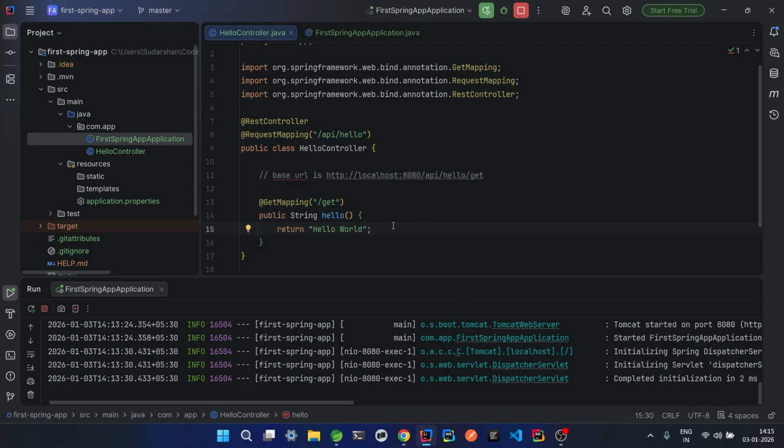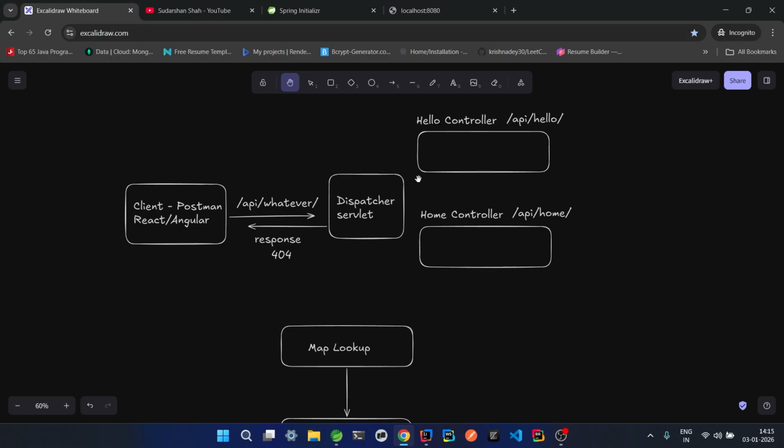You will say, what if there are multiple controllers? Does Spring go to every controller and check which path is there? So how is all this working? Let's go to our Excalidraw, where there is a diagram that will give you an idea about how things